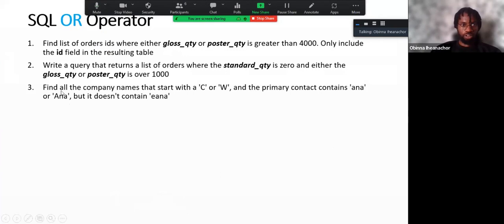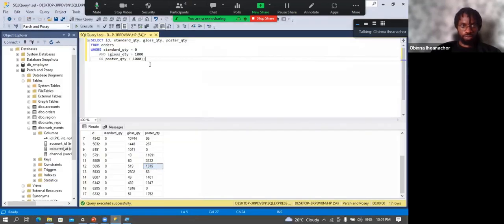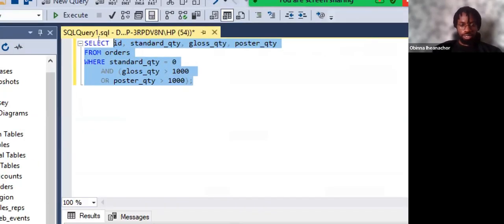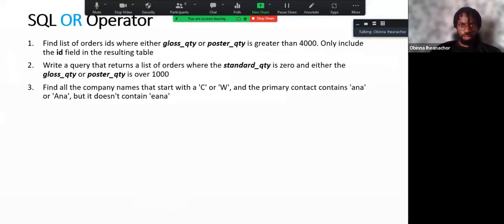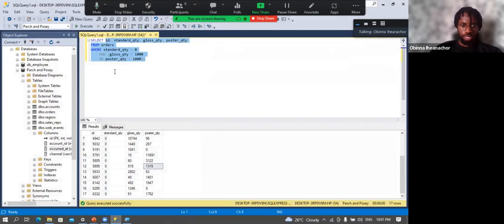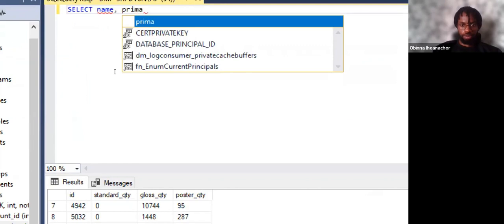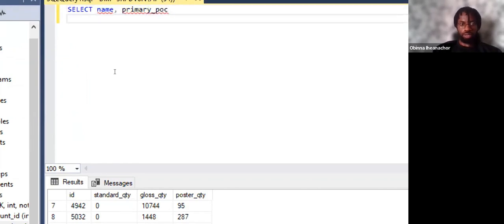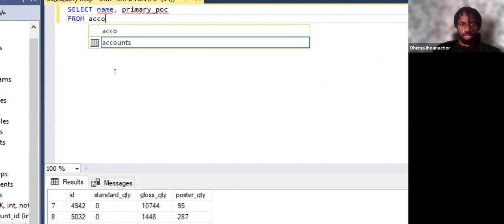And then the last query here says find all company names that start with a C or W. So let's take it one at a time. Let's try to execute this from the account table. Company names, account table. Select. So first of all, what will be our result set? So company names and primary POC. Okay, let's work with those. Select name and primary POC from account